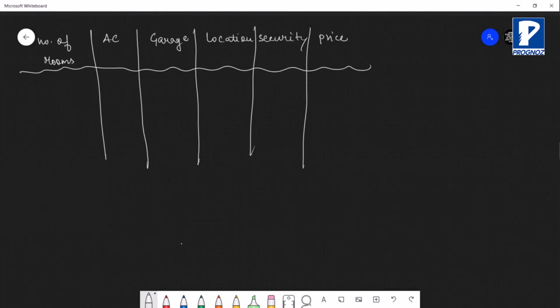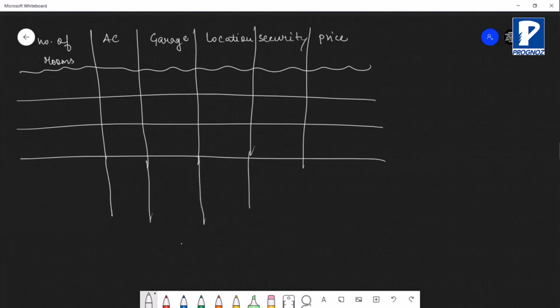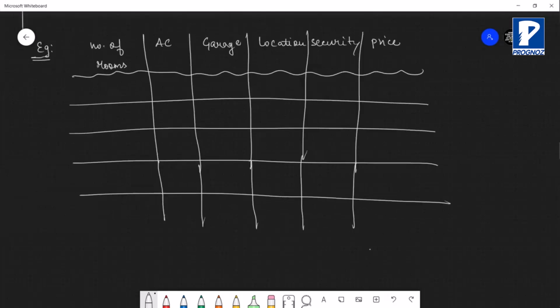If you are following applications like 99acres.com or magicbricks.com, this is how they predict the price of the houses listed there. So let's see what is actually happening here. I'll just show you 2-3 entries. Let's say number of rooms is 3, air condition is provided, garage is provided, location is a prime location, and security services are also provided.